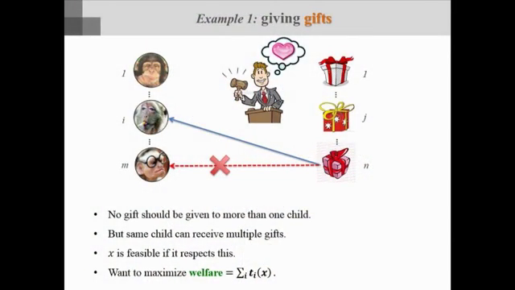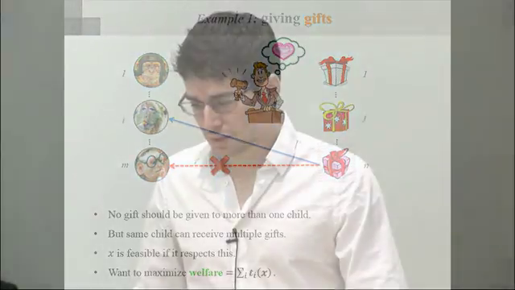Okay. So now I'm going to give you some examples to help ground this a little bit. So one example, let's say you're this nice guy and you have a bunch of gifts that you want to give to a bunch of kids. So you shouldn't be giving the same gift to more than one child, but it's okay for the same child to receive multiple gifts. And so you'd say that an outcome is feasible if it respects this. So it's feasible if it doesn't give the same item out more than once. And in this case, because you're just trying to make the kids as happy as possible, you want to maximize welfare. So as a function, that would look like summing over all agents their value for the outcome that gets chosen. So remember, Ti is the function that represents their value.